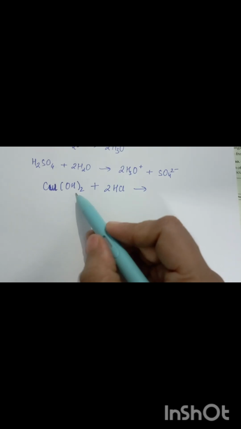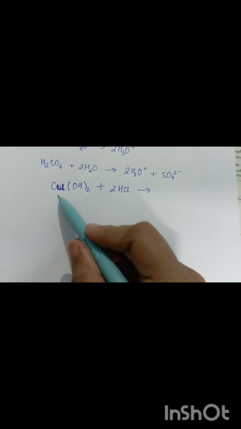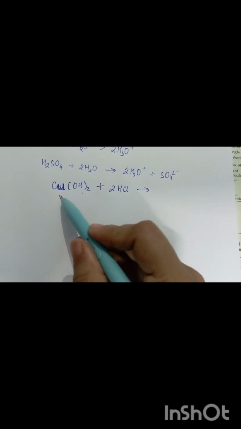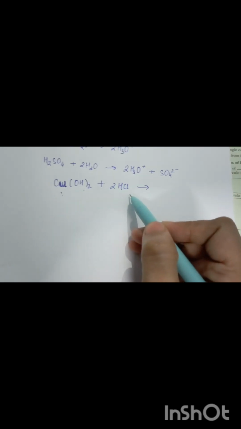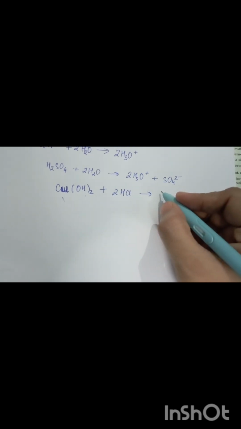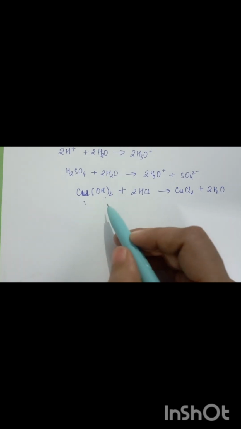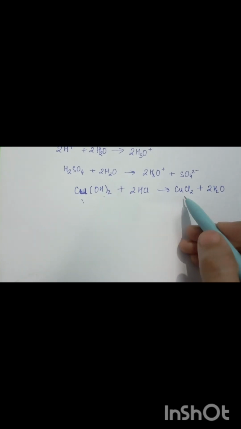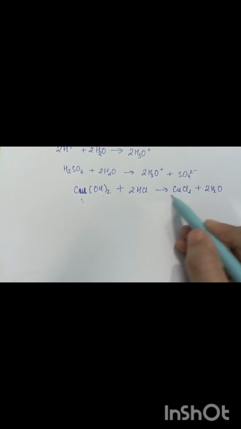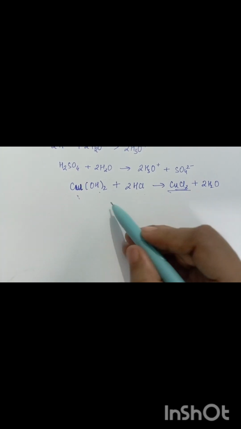Radical exchange is taking place, है ना. Here the positive radical is H plus, the negative radical is OH minus. Now the acid has the negative radical chloride ion and the base has the positive radical copper ion. So here copper will react with chlorine and form CuCl2, and H plus will react with hydroxide and form water. So the products will be CuCl2 plus 2 water molecules. So what are the bases? Bases are the hydroxides or the oxides of metals which on reaction with acid produce a salt and water. So here CuCl2 is the salt, and water is being produced. Water is produced from which two ions? From H plus of the acid and OH minus of the base.